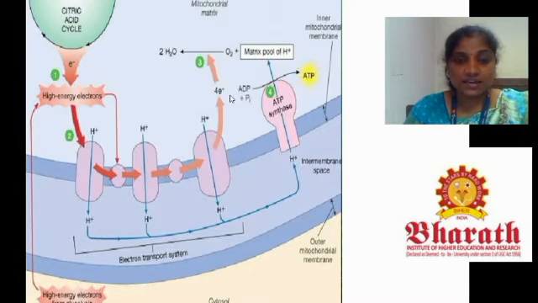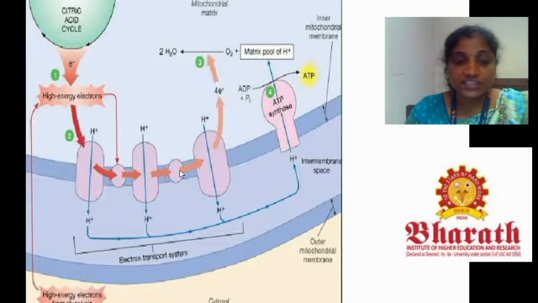So this is the picture of the electron transport system. In this process, a larger number of ATP molecules will be produced. To understand the electron transport system, we have to follow the high energy electrons which are produced during the citric acid cycle. In the electron transport system, the high energy electrons produced from the citric acid cycle enter each component.